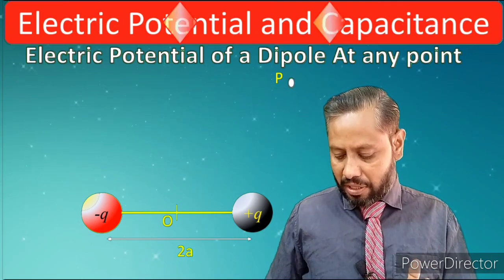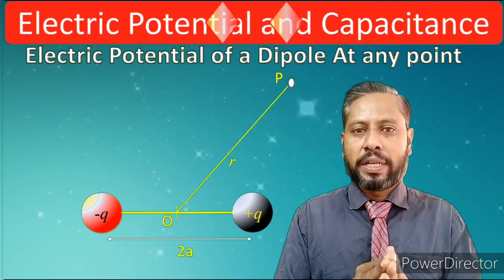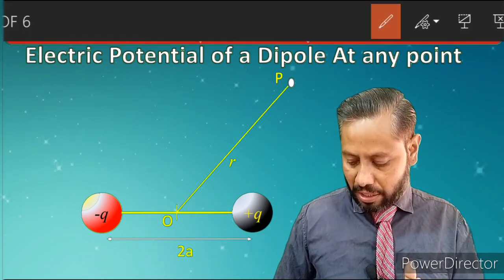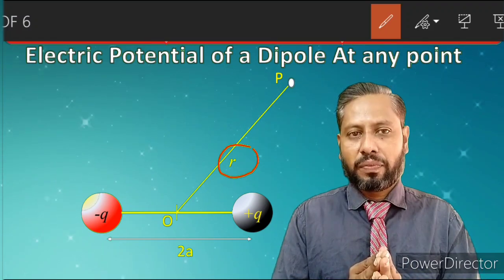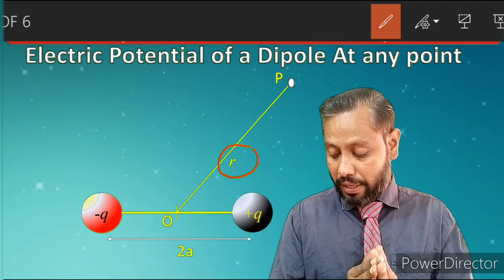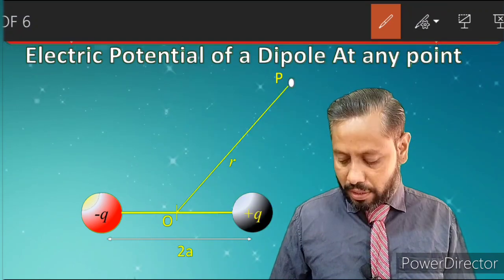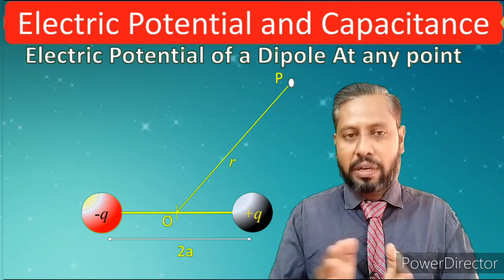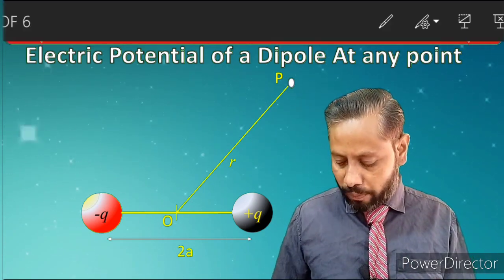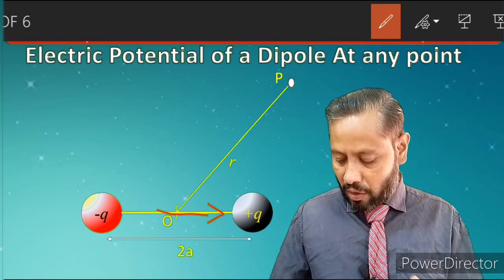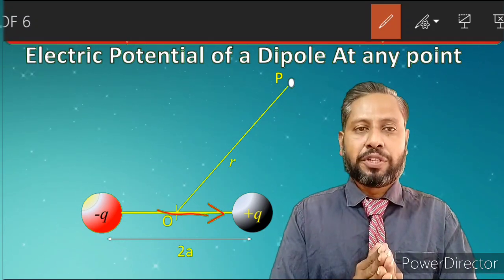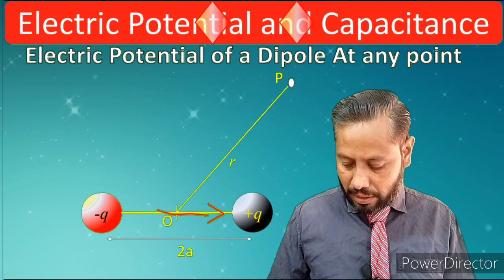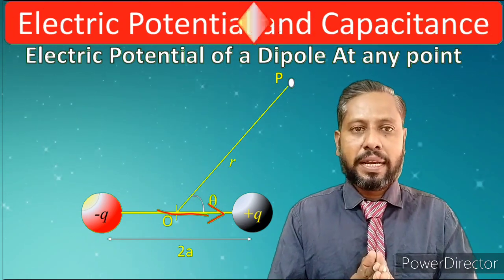First of all, I will connect a vector here from the center of the dipole to that position. Let me call this vector the position vector r for this point P. Now we will find the angle made by this position vector with the dipole also. We know that for a dipole we have a dipole moment vector along this axis from the negative charge to the positive charge. So let theta be the angle between this dipole moment vector and r.